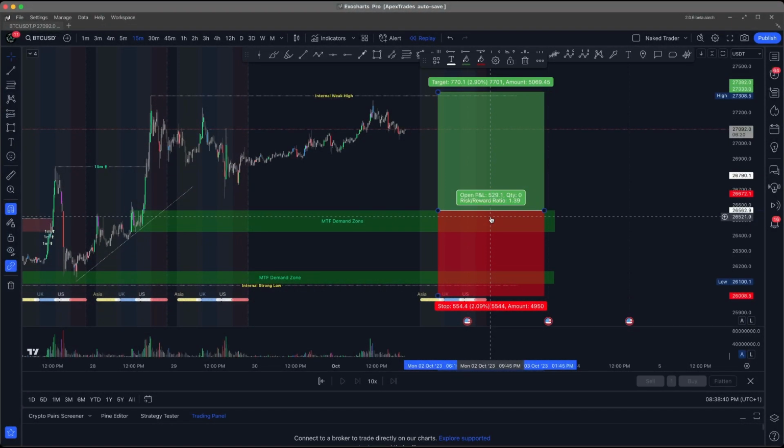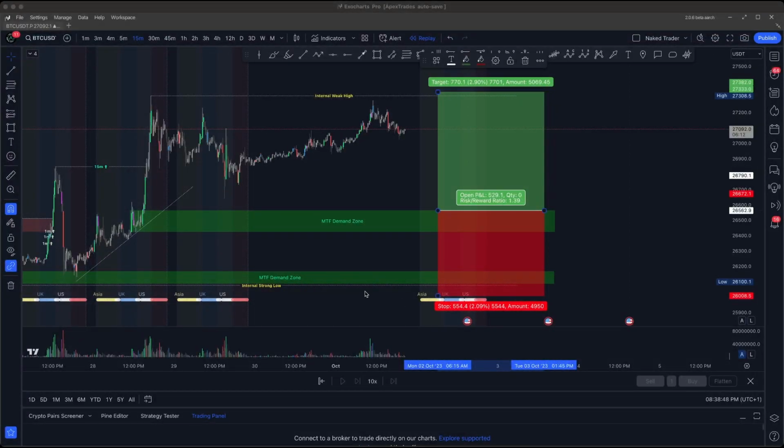So if I only want to lose $30, this is what I've got to do to figure out how to place that trade in the right way. So I'm just going to open up something really quickly. Actually, I can do it on the other one. Just bear with me, fellas.